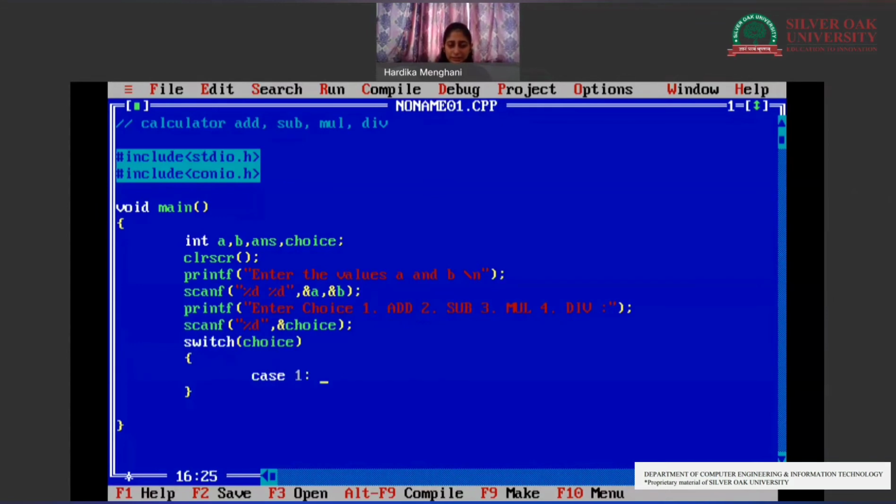Case 1 is for addition. So what are we doing? Answer is equal to A plus B. Okay. Now we'll be printing the answer.